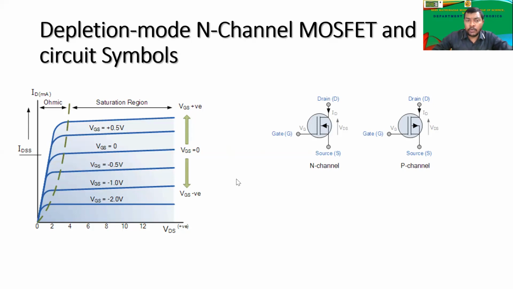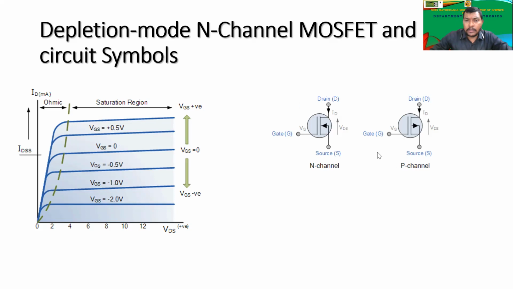Now, what is the difference from enhancement type? In enhancement type, we were supposed to give only the negative voltage, so that the reverse voltage is generated accordingly. Without reverse voltage, there was no current flowing through that. But in this, even if there is no gate source voltage, there is a current which is supposed to flow through this. So both the voltages given to the gate are responsible for the drain current to flow, right? So that can be increased over here. So that is shown over here.